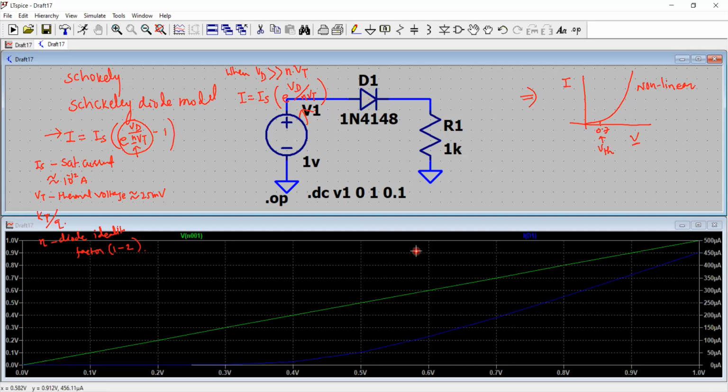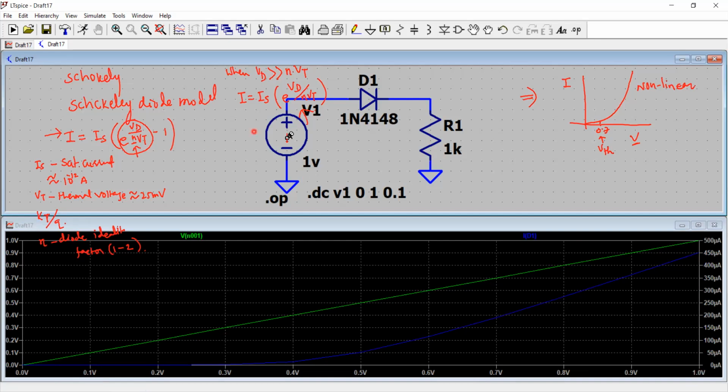I will do that. And now you actually can see in the blue, I have the current essentially zero up to the voltage, let's say 0.5, the value of the current is from 0 up to 50 microampere. The cut-in voltage here is about, let's say, 0.4 volt. And after that, I have an exponential rise in the current going up to 450 microampere. So that's the maximum current at 1 volt, what we predicted in the operating point analysis. So this is how I can get this